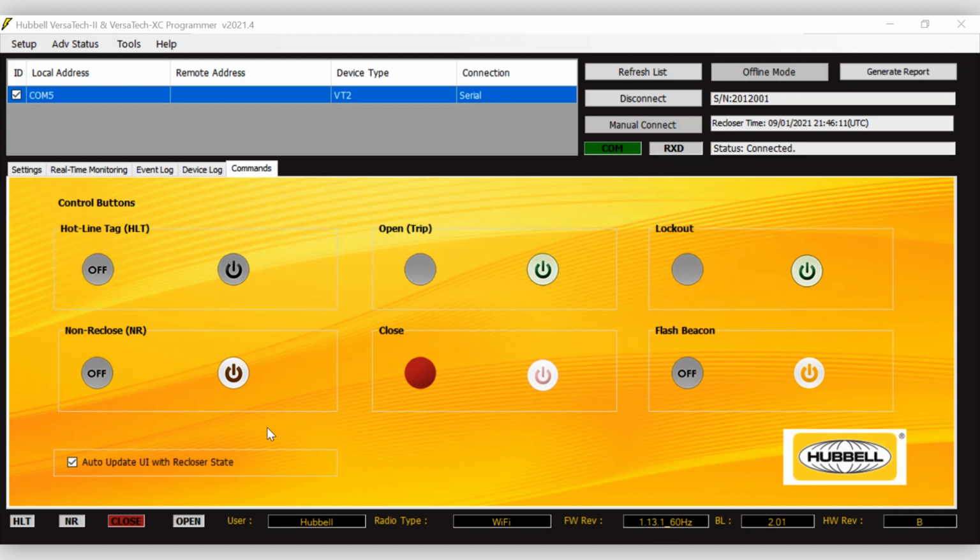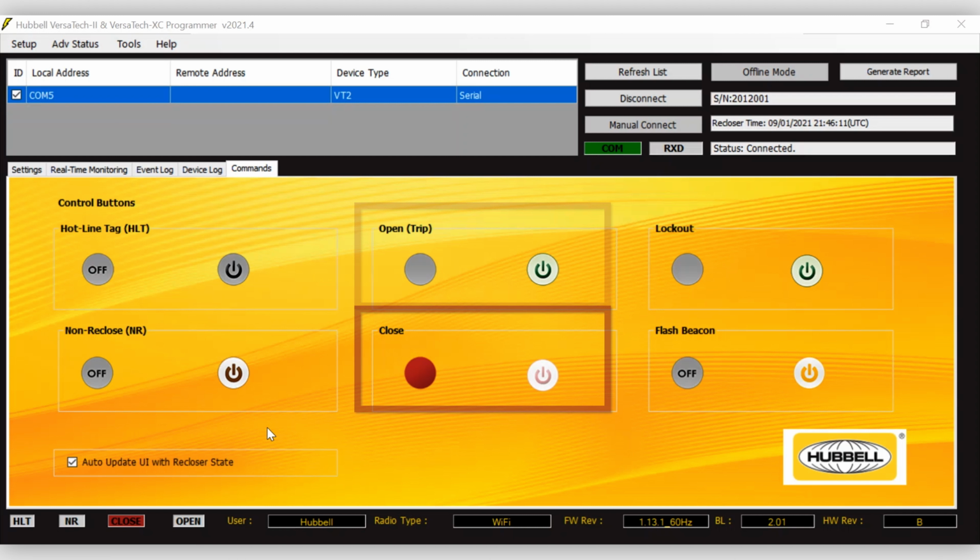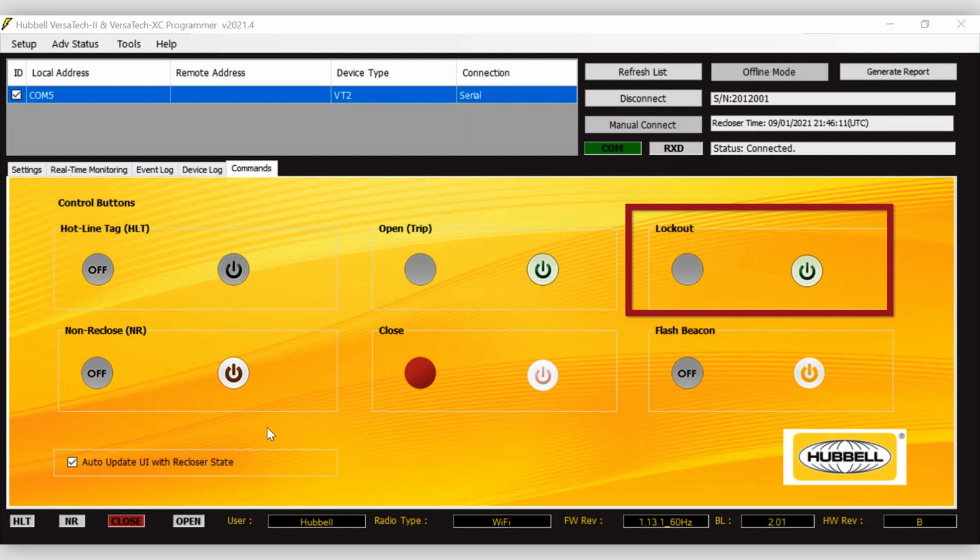Also specific to the Versatech 2 and XC UI is the Commands tab. This tab provides 6 commands and associated radio buttons to change the state of the recloser. For example, a user may flash the LED beacon to identify the device, place the recloser in hotline tag or non-reclose mode, open the bottle, close the bottle, or send the device to lockout, which includes dropping the yellow handle.